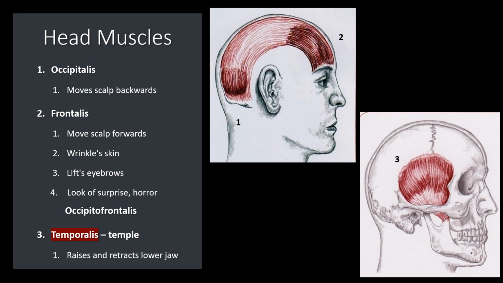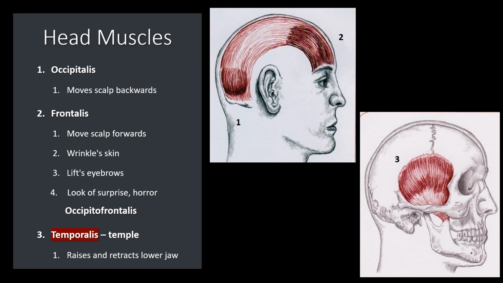Let's start with the muscles on the head. We have a frontalis muscle that is at the front of the head that moves the front of the scalp forward, and we have an occipitalis muscle, the occipital ridge and occipital bone being at the back of the head. So these are named after those bones. So the occipitalis muscle moves the scalp backwards, and we can see that at number 1. The frontalis muscle at number 2 on the front of the scalp